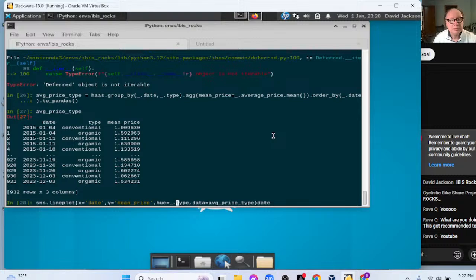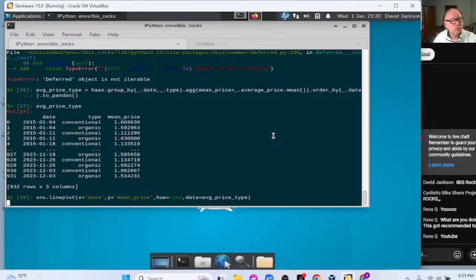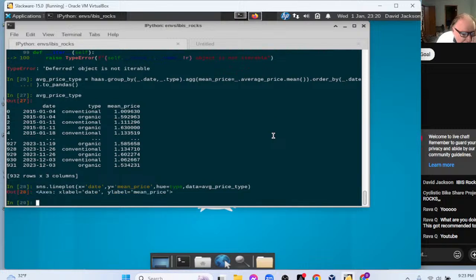Okay, so the reason this didn't work is because of the dot period. We don't need the dot period, right? But I'm not sure whether or not we need the single quotes around that or not. It's taking a moment to think.